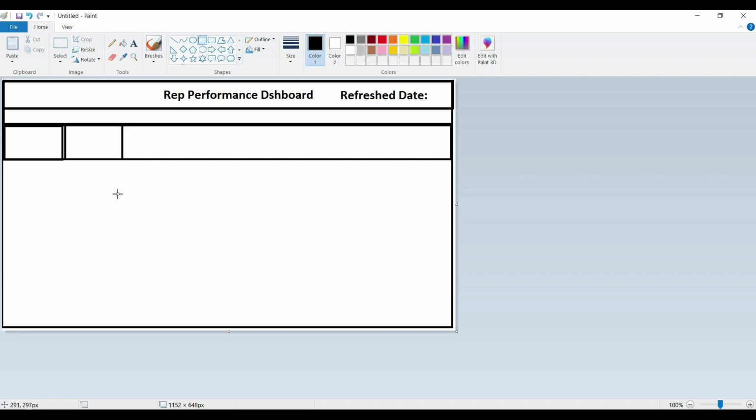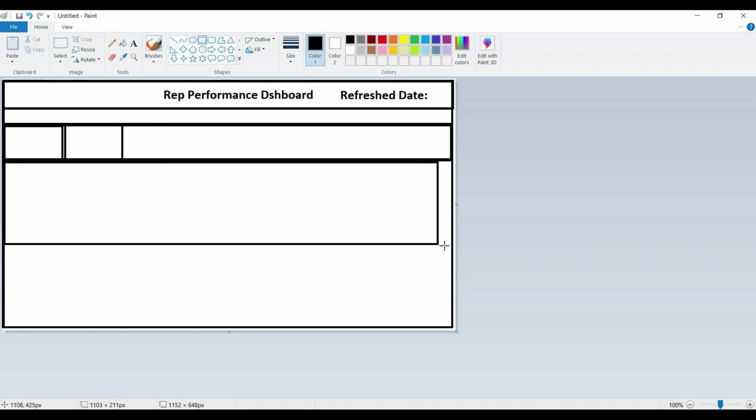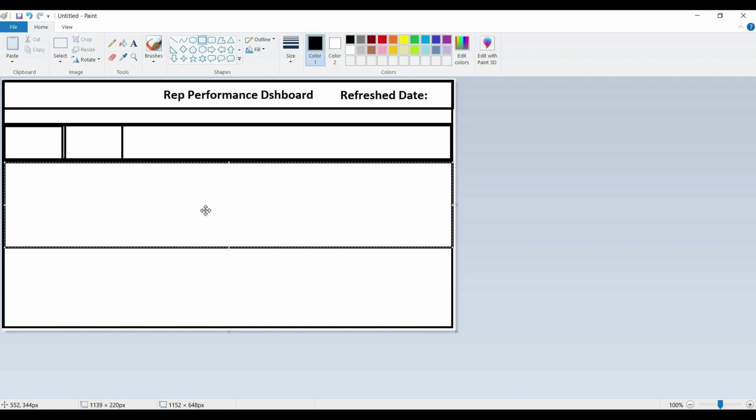And then in the bottom section we usually have charts, and it depends upon our requirement. Sometimes we can have two vertical sections like this, and in these two vertical sections we can have any number of charts.